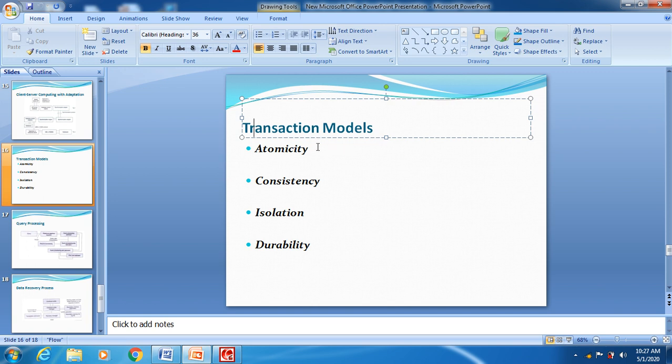For example, account holder A wants to send an amount to account holder B. Account A has 400 rupees and wants to send 100 rupees to account holder B. After sending the 100 rupees, A must have 300 rupees and B must have 100 rupees.